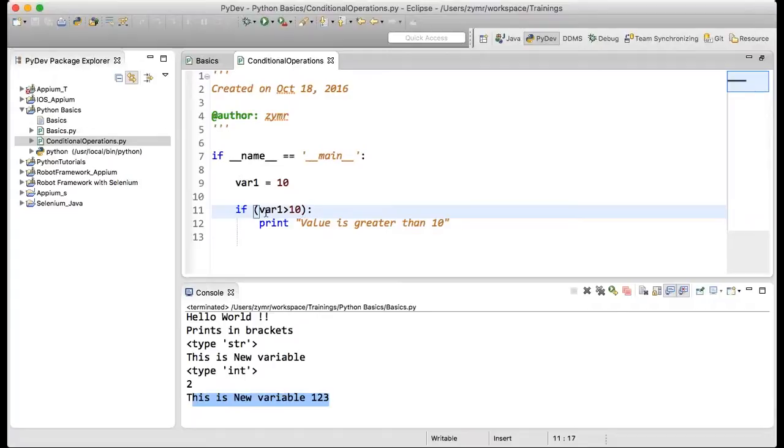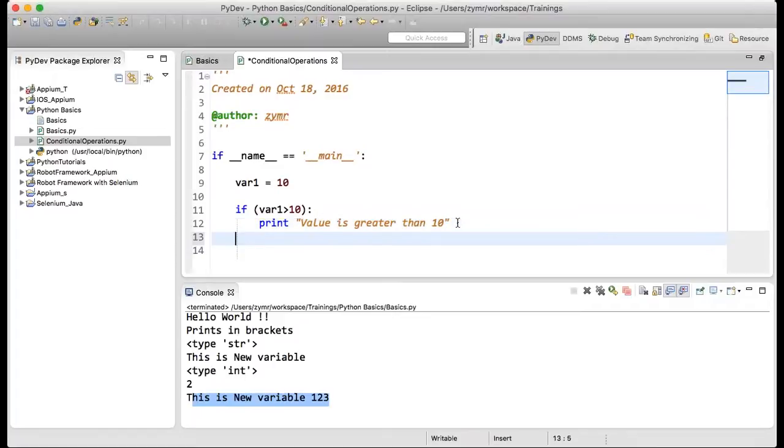No. Sorry, this will evaluate as false because 10 is not greater than 10. At runtime, when we try to execute, it will say that 10 is not greater than 10, so this block won't execute.